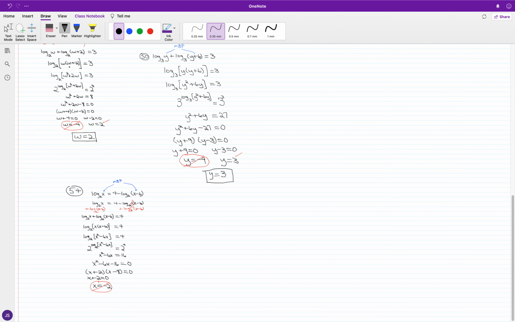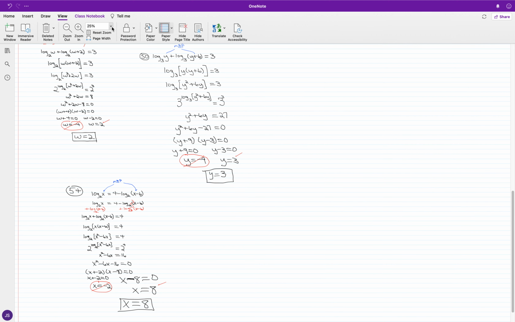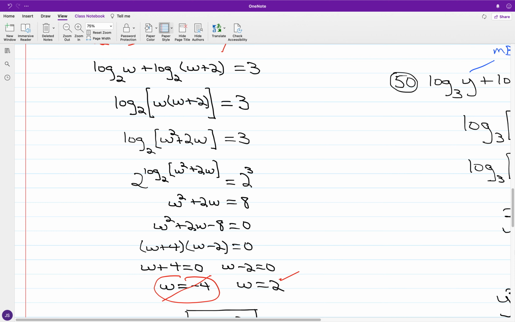And for what we have in the case of x minus 8, if I set this equal to 0, we're going to have that x is equal to 8. x at 8, 8 is positive. 8 minus 6 is 2, also positive. So 8 is going to check out. So in number 54, there's only one solution, and that is going to be with x equal to 8. And we have, in the case of number 59,